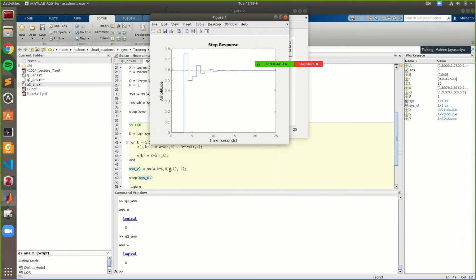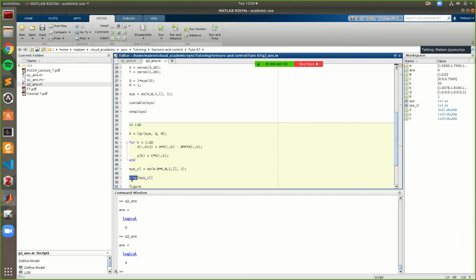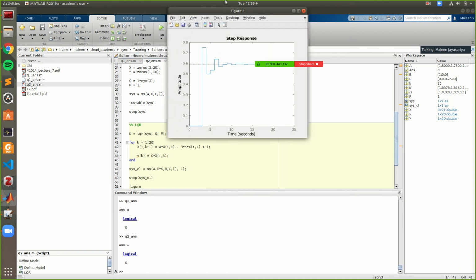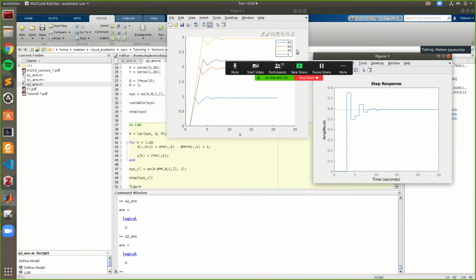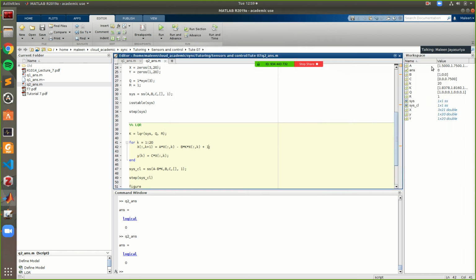So you can analyze this using the step input, or you can go and record about 20 steps, and give some sort of reference value, let's say 50, or in the case of step input, this will be 1. We are inputting a reference value of 1. And then you can see that it will evolve in the same way. So the output will come and settle down somewhere here rather than blowing up uncontrollably.